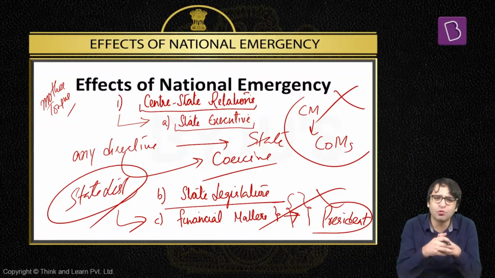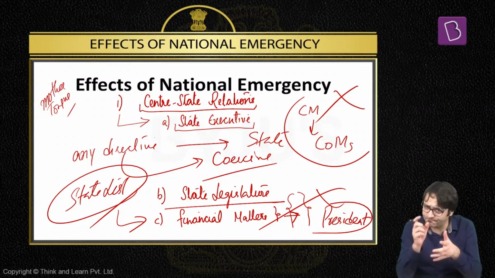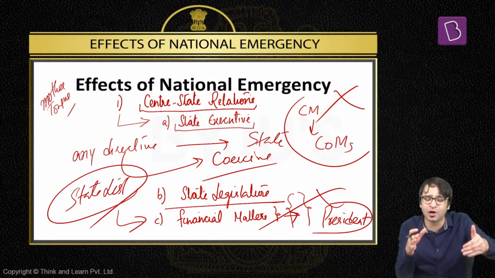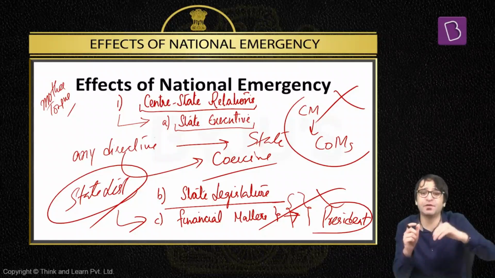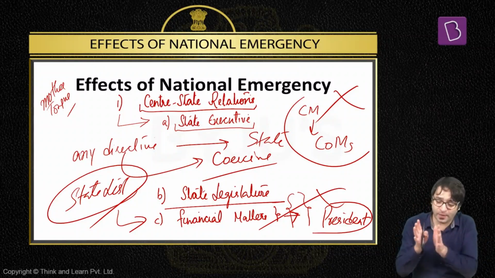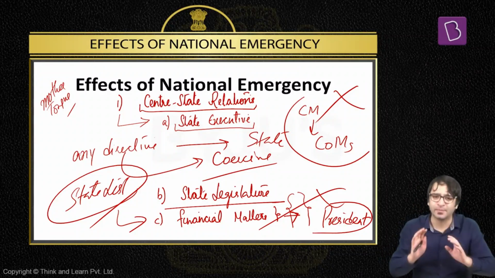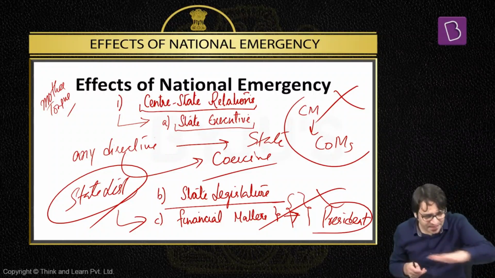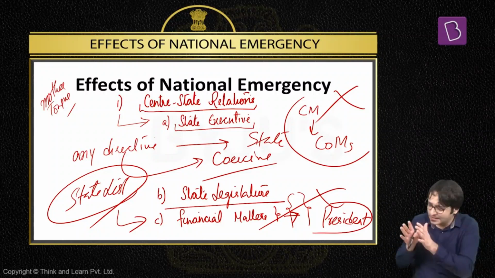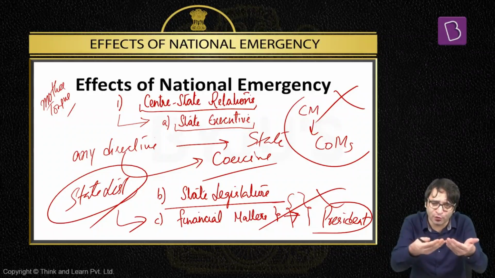The president cannot act on his own. It's basically on the advice of the Council of Ministers, headed by the Prime Minister. That means during national emergency, the President of India, a very important point, can suspend the distribution of revenue between the center and the state. That means the President will issue an order. Another important point is whenever such an order is issued, this order should be tabled on the floor of the Parliament. That means whenever President issues an order suspending this distribution of revenue between the center and the state, this order of the President has to be produced before the Parliament when it is issued.